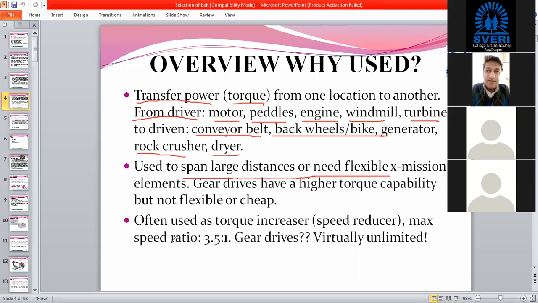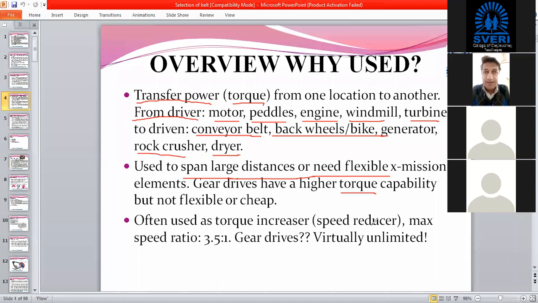Then these belt drives are used again for the moderate transmission of torque. If you want to transmit large torque, then we have to prefer gear drives. But belt drives are preferably used for the moderate type of torque transmission. Again, as compared to the gear drives or any other drive, like chain drive, these belt drives are